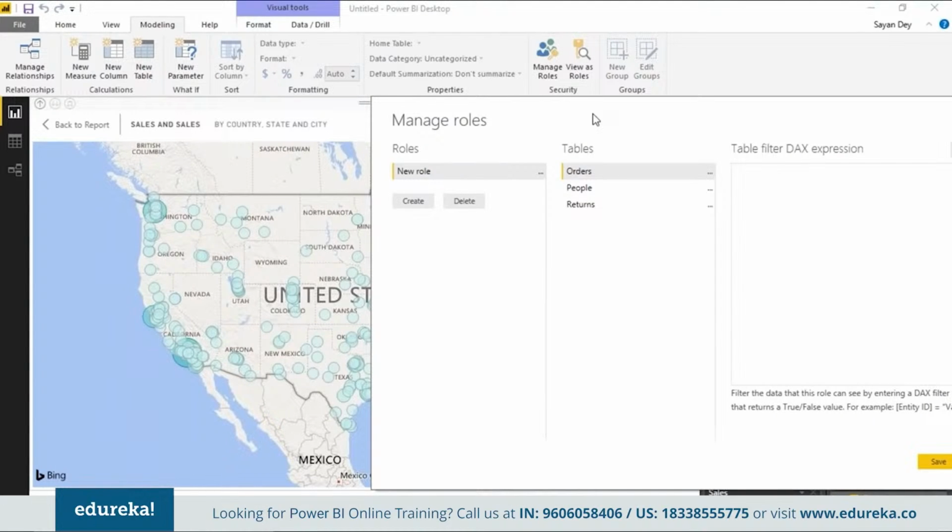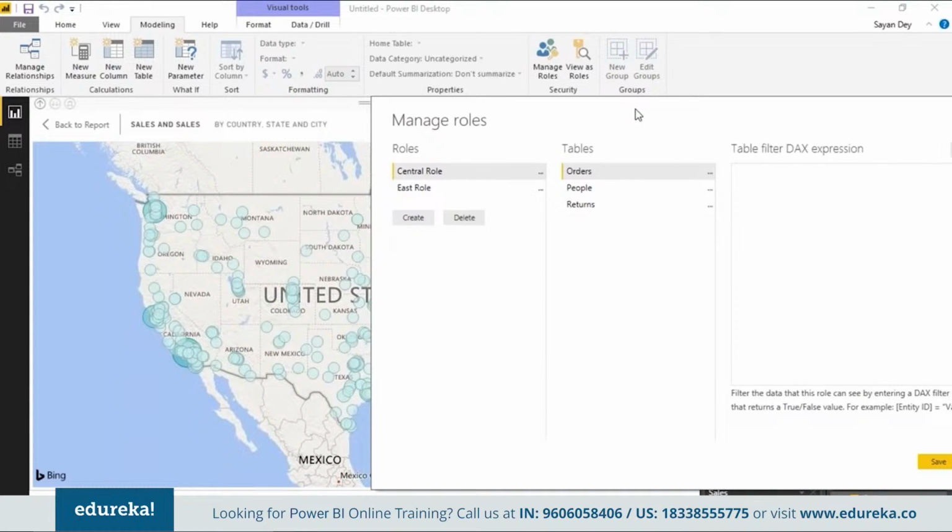Central region people should not be able to look at data for eastern region people. If you're a manager for the central region, you don't care about the eastern or western region. It might be confidential data or whatever the use case, but you only want to focus on data which is central. So in that case, I will create roles. I will create what I call a central role, and I will create what I call an eastern role.